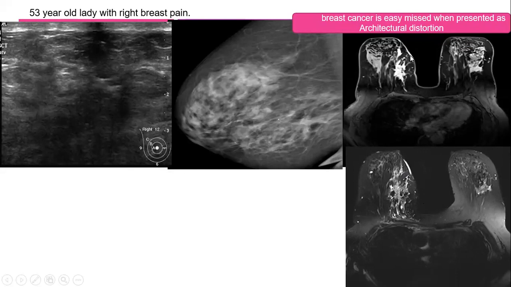The skin thickening is enhanced, and look at the corresponding clumped segmental enhancement. Findings are suspicious, and it was extensive DCIS with